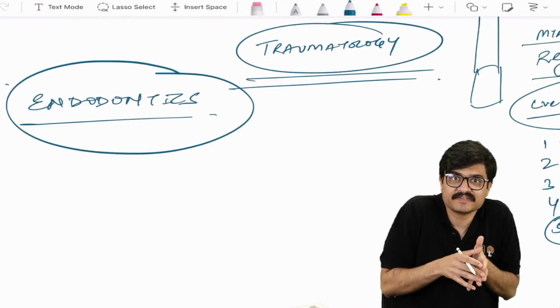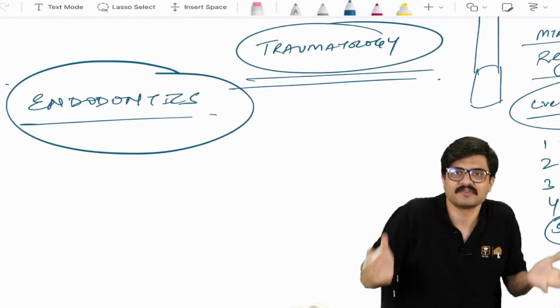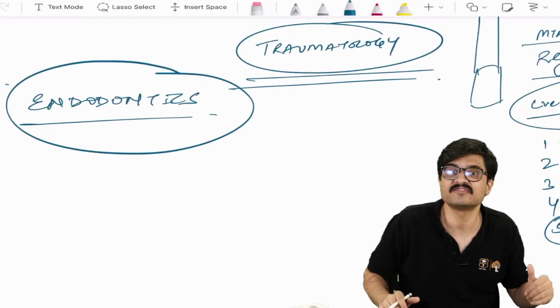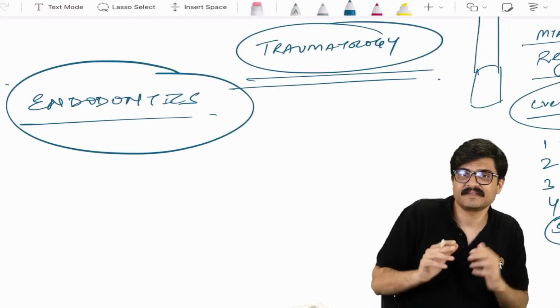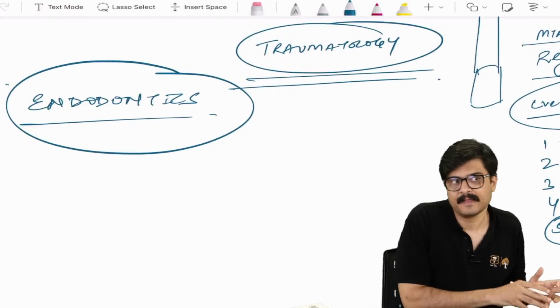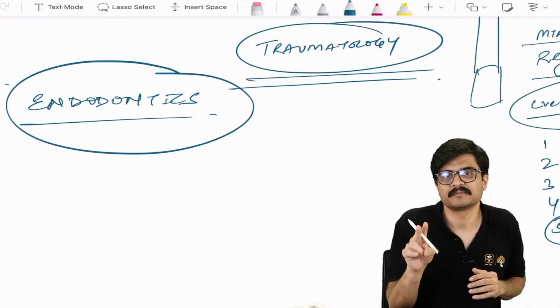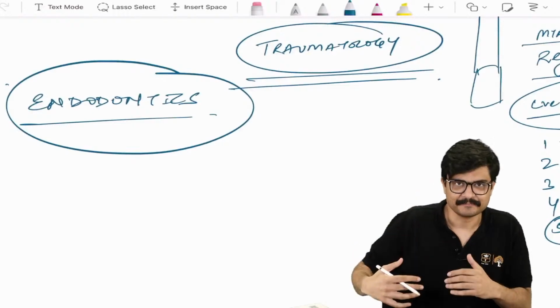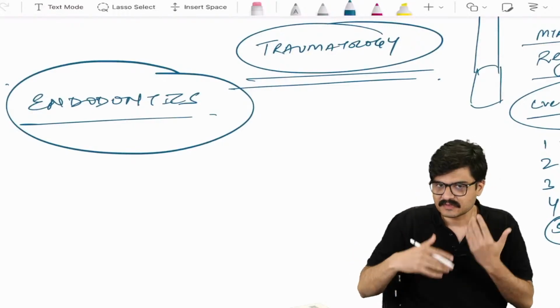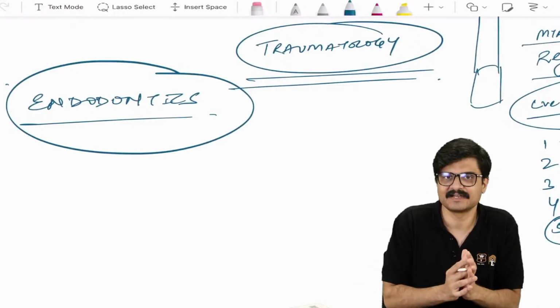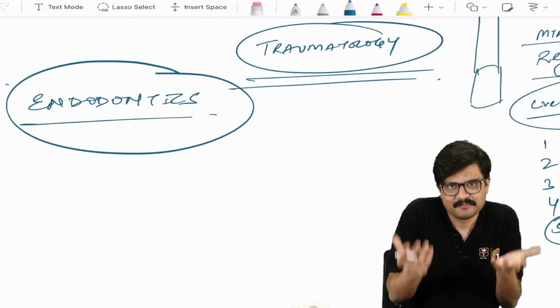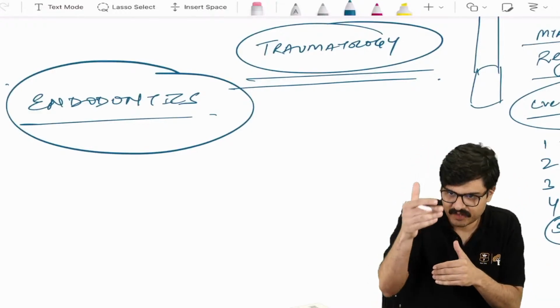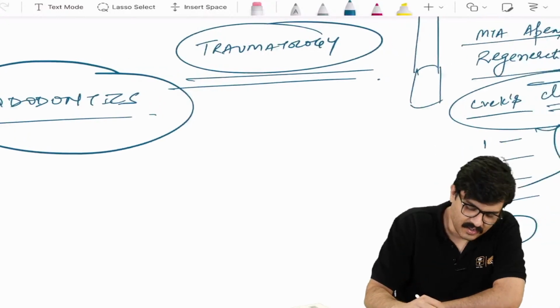But only if it is there in the options. If several months is not there in the options, then the second best answer is 3 months, because that's the previous IADT guidelines. And the third best option is 2 months, because that's written in Anderson, right? So guys, that's the thing here. These are the questions which have multiple correct answers, but you have to mark that one answer. So you have to follow that protocol, right?